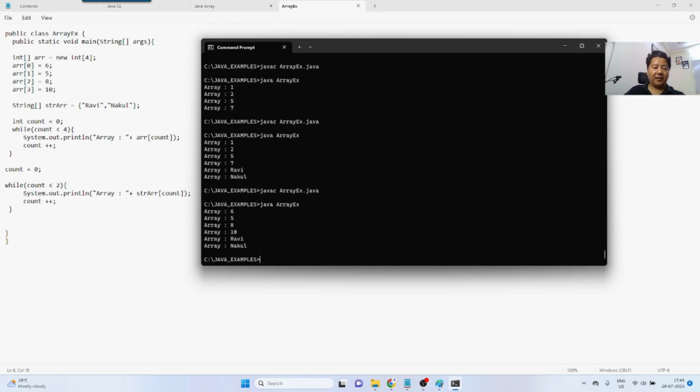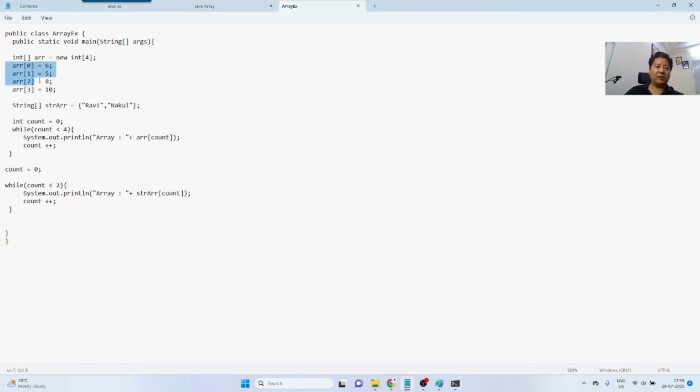see, it is printing the same thing. So either you could initialize earlier, or you could assign the value later on. Both are allowed. So this is how you could define the array. These are the simple arrays, by the way. So another way of